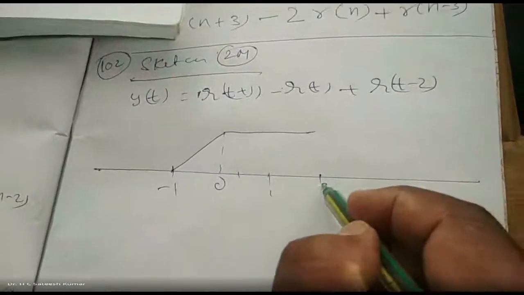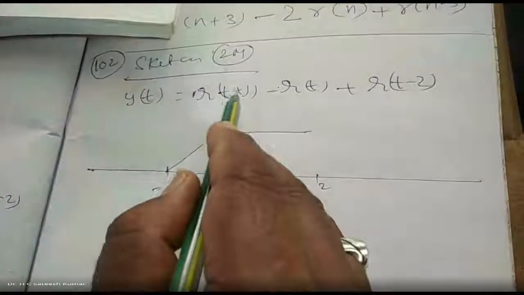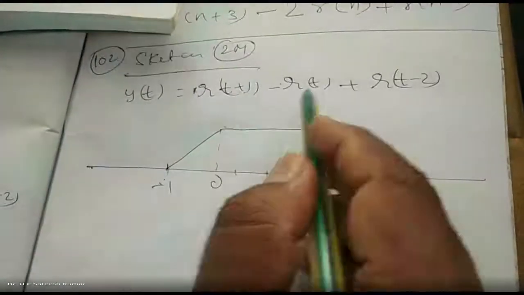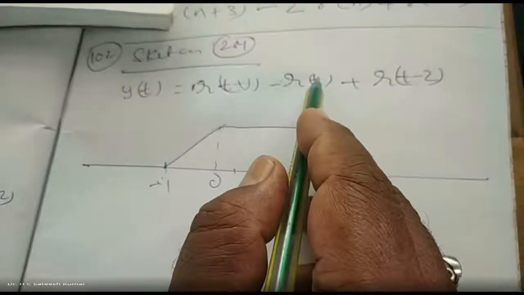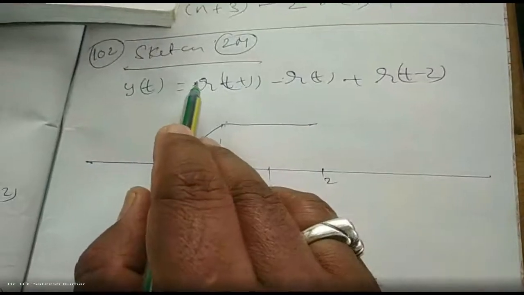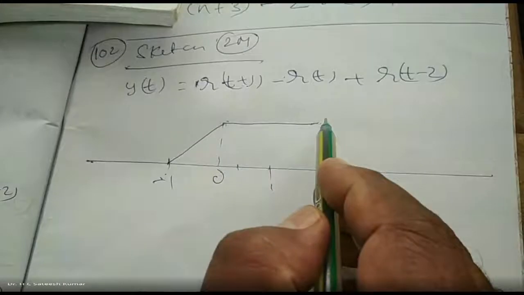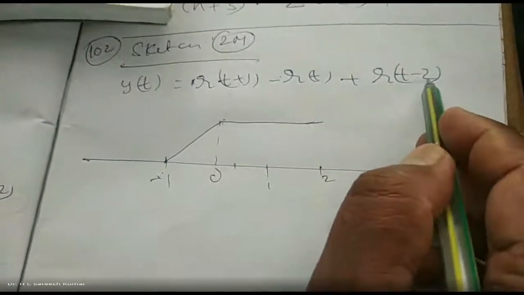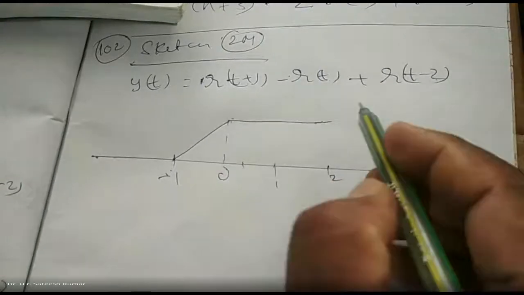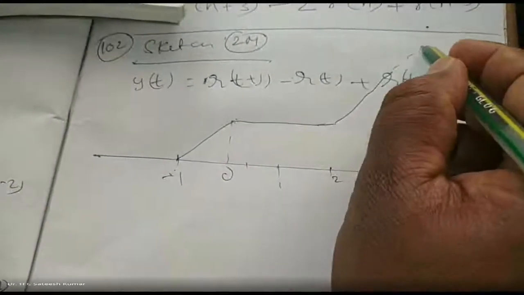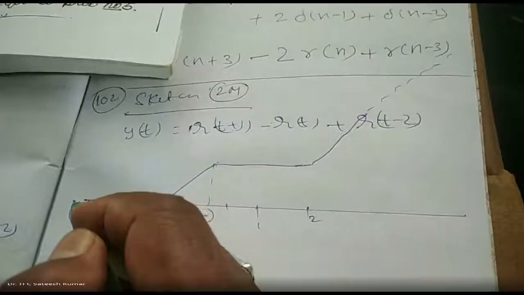Now, elementary signals are given, sketch the diagram. Okay. Now initially the slope was 1 from 0, -1. So therefore, I have written this. And at 0, R of t means starting from 0. At 0, I have cut the ramp. +1 and -1, the slope becomes 0. So therefore, it becomes horizontal. Now I am going with a slope of 0. Now what I am doing is, I am adding a slope of +1 from 2. So therefore, it will go like this. And since we are not cutting, it is going up to infinity. So this is the question which is taken from your prescribed textbook.